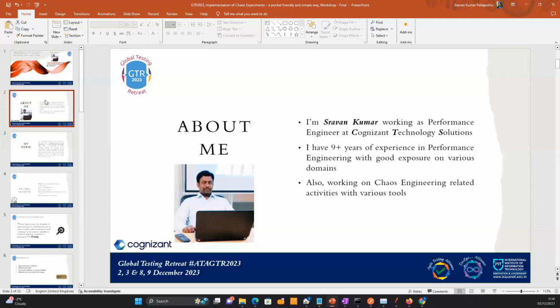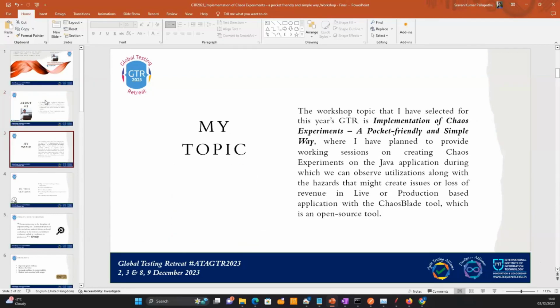I have around 9+ years of experience in performance testing. I usually work with the clients, and I work mostly with non-functional requirements. I also work for the ROI team within my company, Cognizant, where we work on various emerging tools in the market, which are really helpful for the clients to keep up with the market and the trends. And today, my topic is on the Chaos Blade tool, which follows chaos engineering,